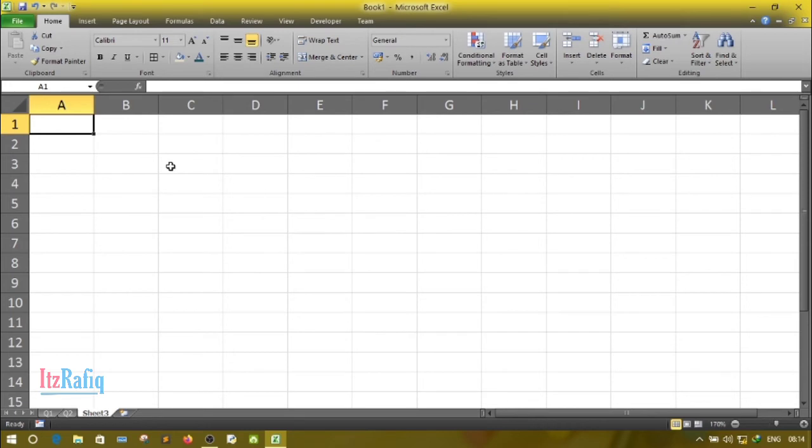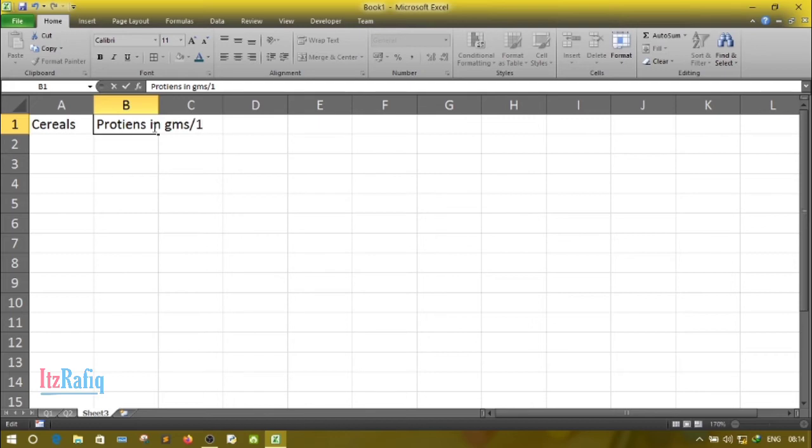So first we'll make the table. First column is cereals, protein in grams. Oh sorry, here in one cell only everything is written. In grams per 100 gm of cereal.